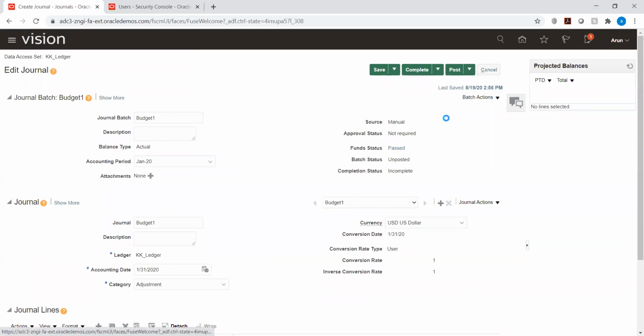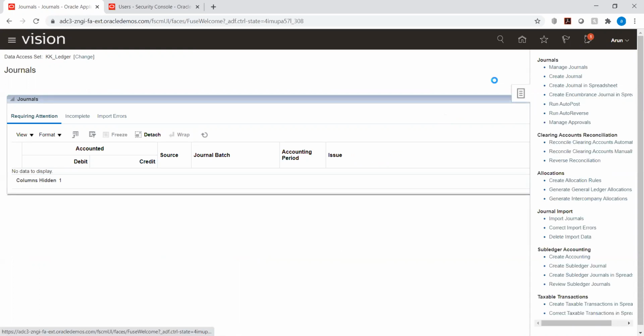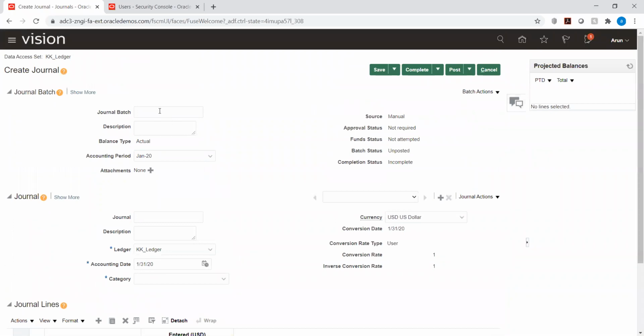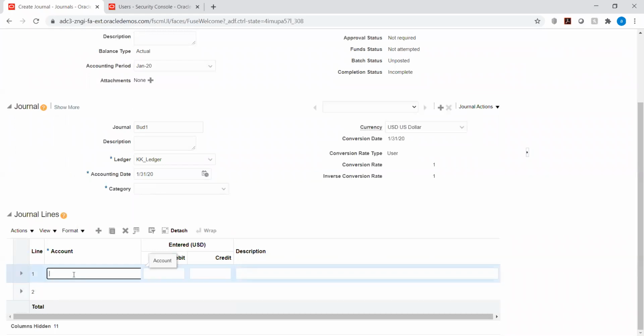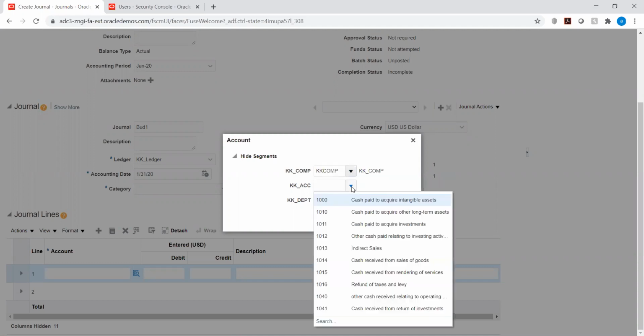Okay, let me take another entry. Correct, cash should be credit and expense should be debit. That is fine. It is like paying out to a vendor or something. Yes, this is the entry. I had to keep it on the credit side, but by mistake I posted it in debit.